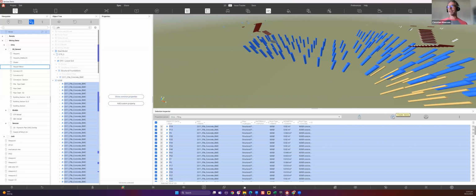We can raise a TQ or a stamp. We can place one stamp or raise one TQ on all 103 elements by using this button here, or I can drop 103 TQs, i.e. one stamp on each pile. So here in New Zealand, if you do piling, you need to inspect all of the piles. So you need to go around and take a photograph of each of these piles. By dropping a stamp or a TQ onto all of these piles, I can create an issue for these in